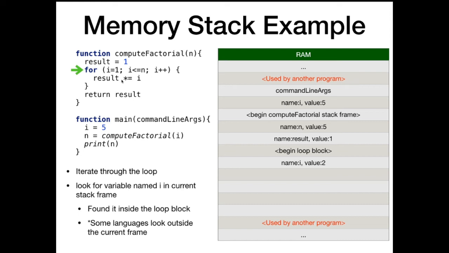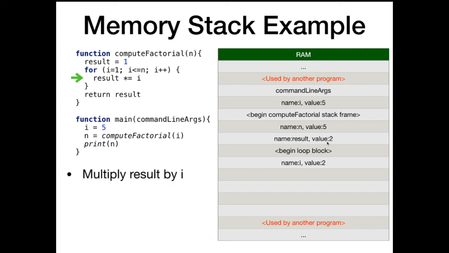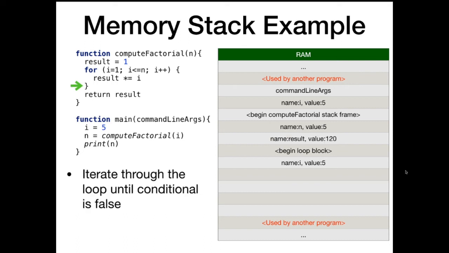Now, in most cases, just give your variables unique names. That'll answer all your scoping questions. But if you do have variables with the same name, scoping rules apply. And we're going to keep running through that loop. I won't go through every step of the loop, but we're going to keep running through that loop until our